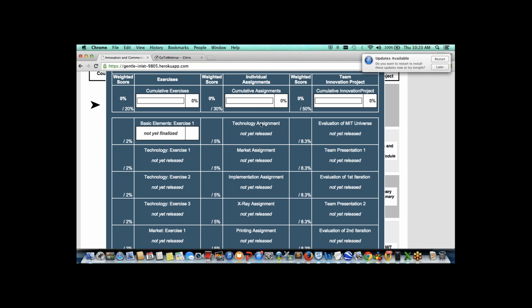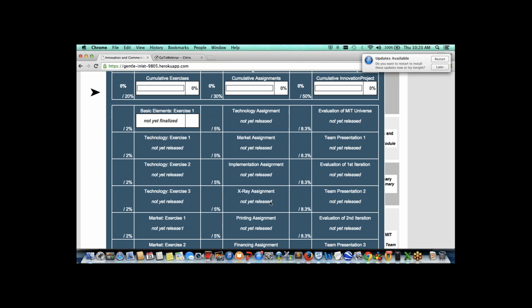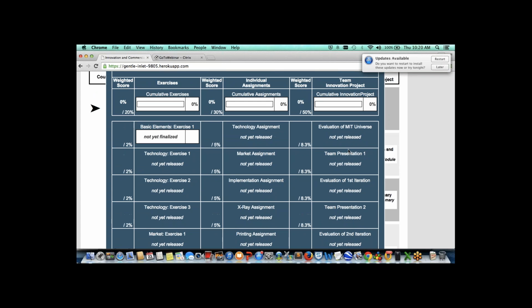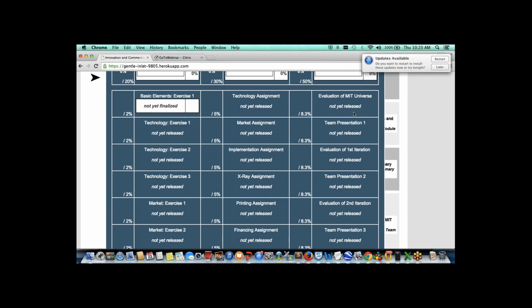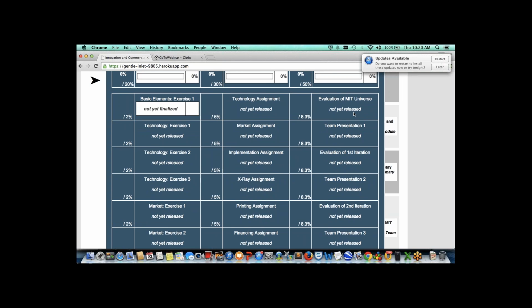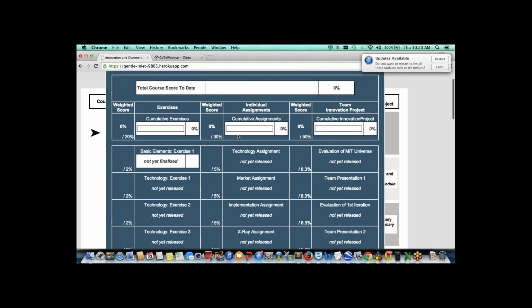So it'll be a combination, and the total assignment score will only be shown once everything in that assignment is graded. For example, the technology assignment has 5 parts to it. 2 parts we grade manually, and so on. And then down here, there are some short essays which we grade manually. The team innovation project, all this is manually graded, and that's the later 2/3 of the course. Okay, so